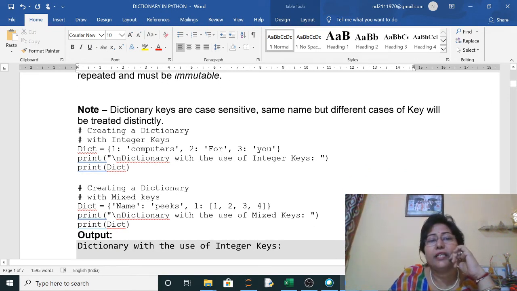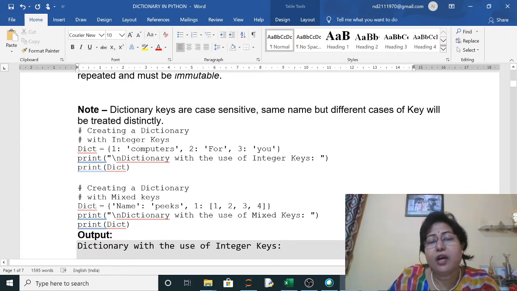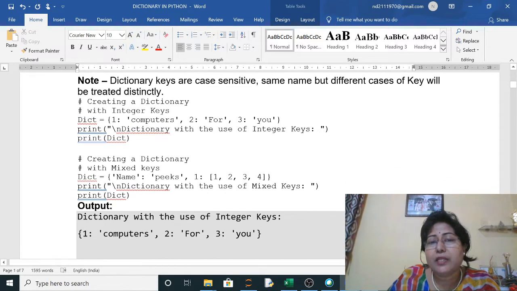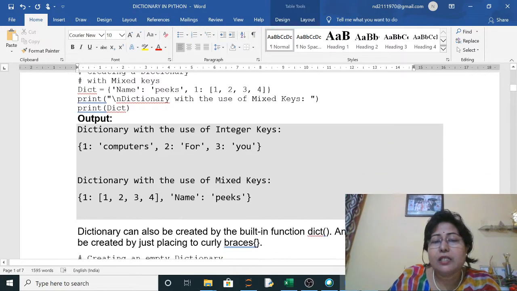Now here is how to create a dictionary. So we will start doing our practicals here. First let us see once how to write it. Dict is the name of the dictionary, equals to, in curly braces you write the key colon the value, comma, next key colon the value, comma, next key colon the value. Now when you print the dictionary, what will it print? It will print the key and value pairs. So three key value pairs are there, it will print that. So this is your dictionary.